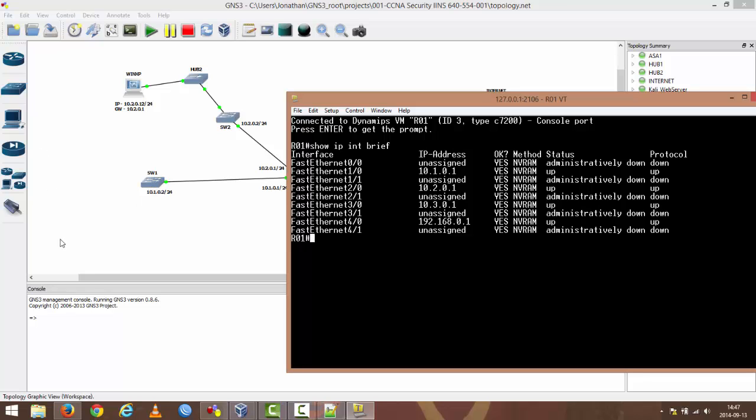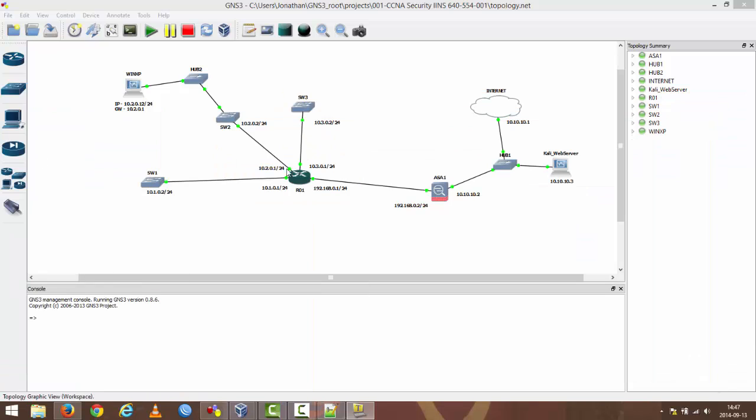Now obviously I can add more devices later on in the video series. I haven't actually seen the full video series. I've only seen the first video for the network, and it was required to have this setup, and unfortunately I didn't have it set up yet, so that's why I'm doing this now. Okay, so